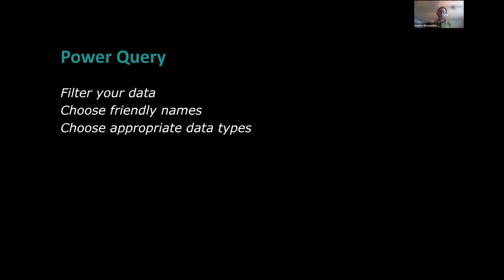So use Power Query not only to filter the data, to choose friendly names and choose the appropriate data types, but also to flatten your dimension. If you're connecting Power Query to your relational database, it will even offer you to expand the reference table. So use that. If you're working with a relational database, of course, at least make views, because you should never access a database without views. So always build views and flatten your dimension in the view. So do the join in the view.